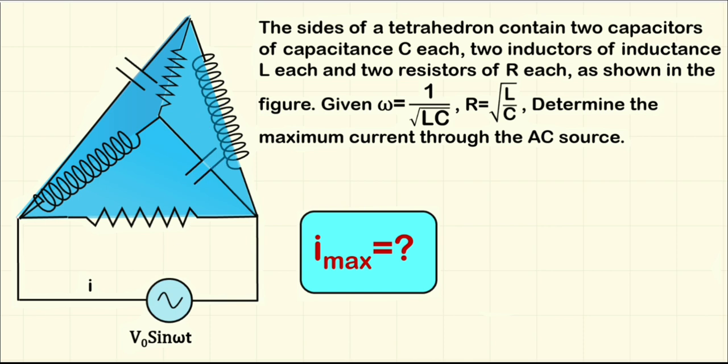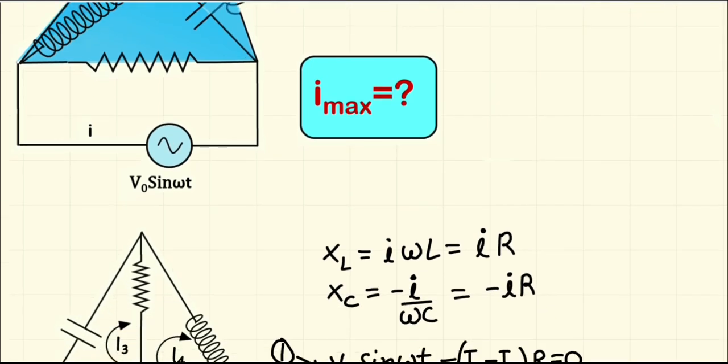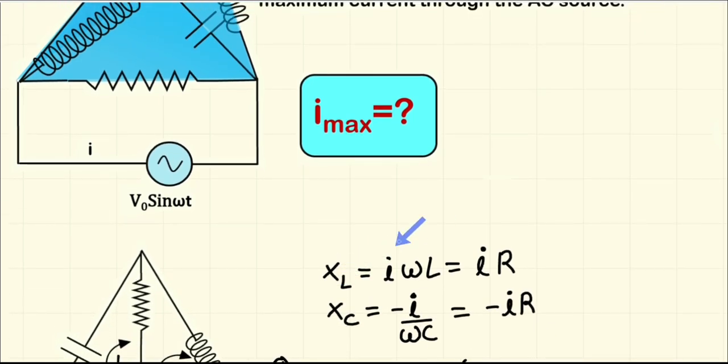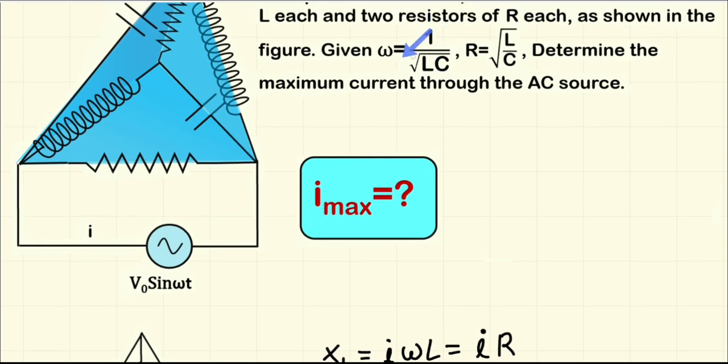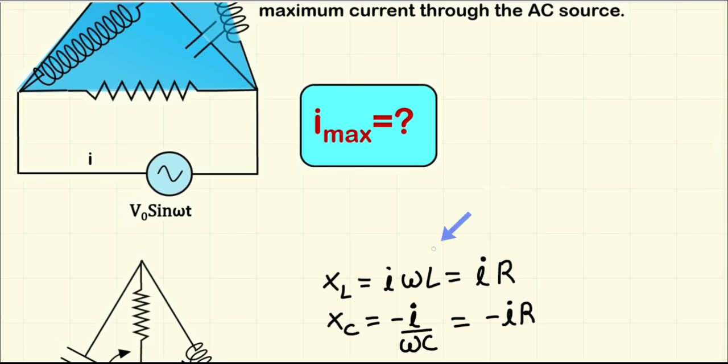So in this case, the circuit analysis is going to contain complex numbers because we have inductors and capacitors also. So let's first find the reactances of these inductor and capacitors. If you just substitute the values that are given in terms of omega and R, you will very easily get this XL and XC, and the magnitudes of these two are actually equal, R and R. So you are getting iota times R as inductive reactance and minus iota times R as capacitive reactance, right? So values are the same.